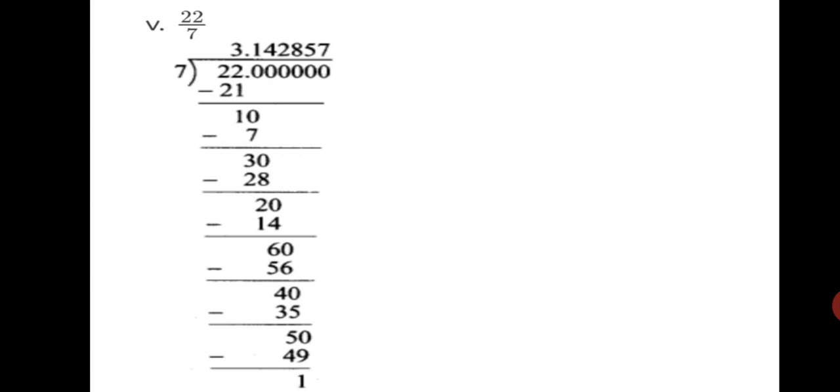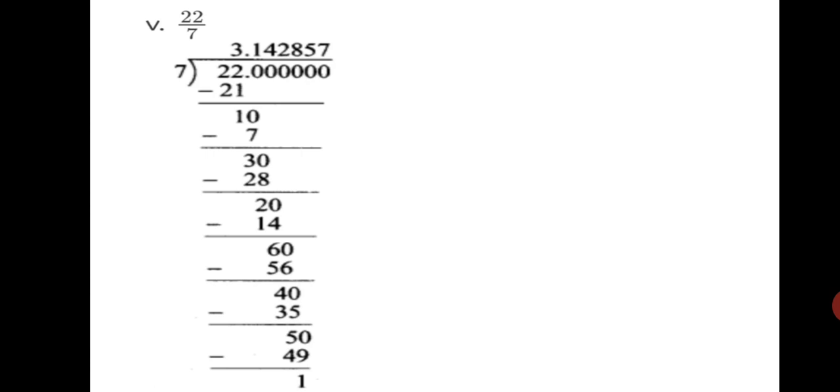We take a point and we keep on adding zeros till we come to a conclusion that the number is repeating or something like that. So first you can start with 10. Now since the decimal point has come, we will put a decimal point in the quotient after 3 on top. And then we will take a 0 down. So 7 ones are 7, 10. From 10 you subtract 7, you get remainder 3.